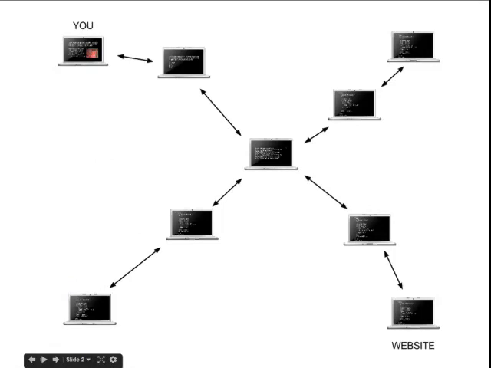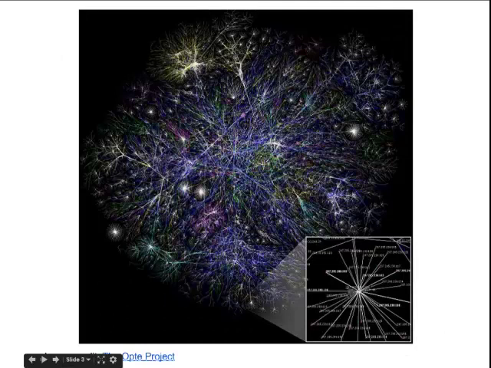How does information transfer from websites? And recognize that there's an awful lot of computers involved every time you connect to a website. So I start with my computer, and then I connect, and then I get sent off by a central node to another system of computers. Actually, this picture is kind of inaccurate because there's way more computers involved. Imagine a much larger network. In fact, imagine a network that's gigantic.